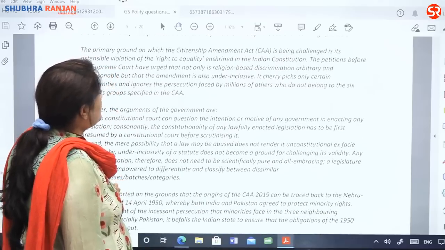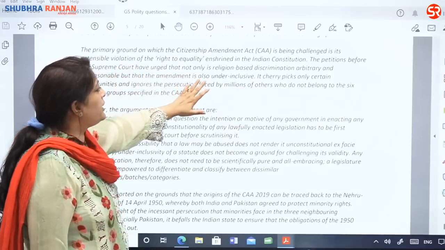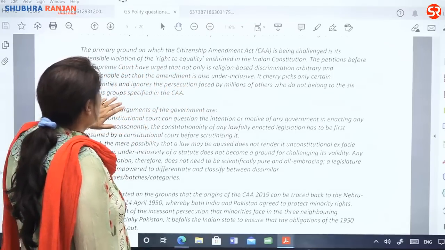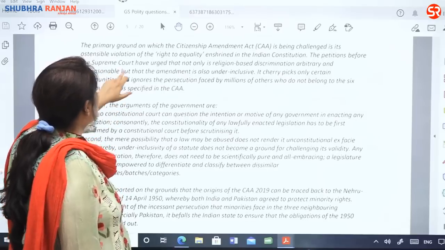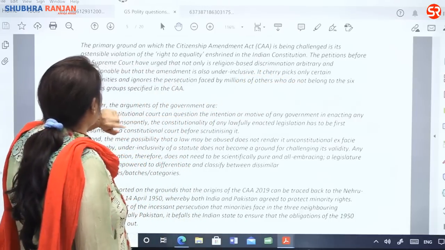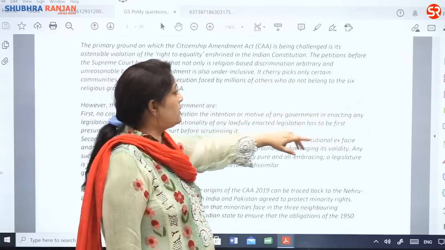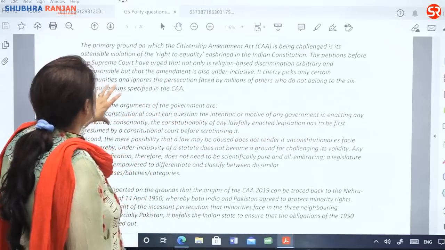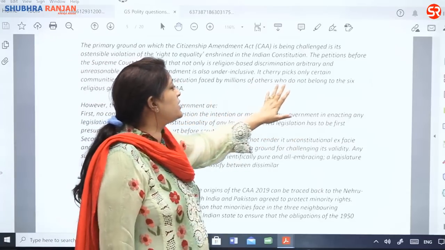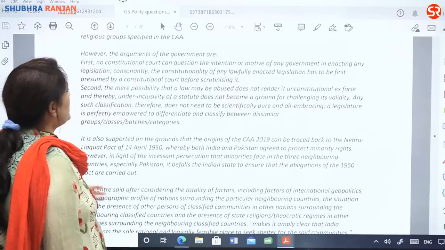The primary ground on which the Citizenship Amendment is being challenged is violation of the right to equality. The petitions before the Supreme Court urge that not only are religion-based discriminations arbitrary and unreasonable, but the amendment is also under-inclusive. It cherry-picks only certain communities and ignores the persecution faced by millions. However, the arguments of the government are